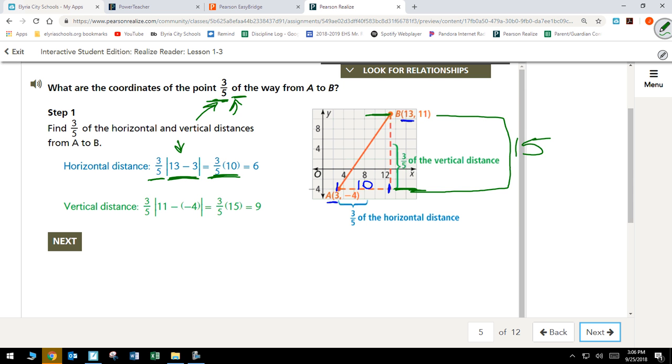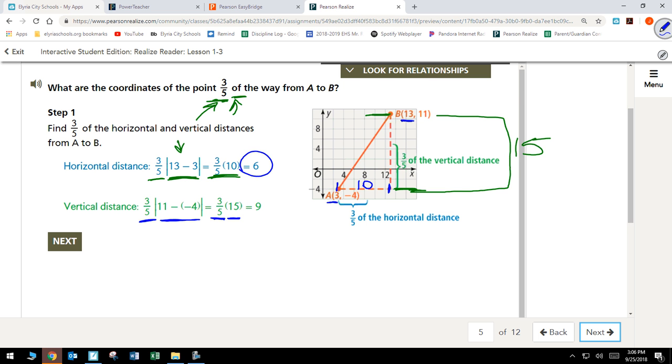3/5 times 10 is going to give me 6. Same thing on the y's. If I want to find 3/5 of the vertical distance, it's 3/5 times 15, which gives me 9. Now,